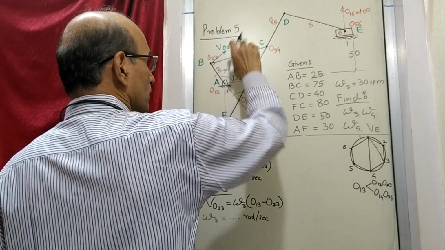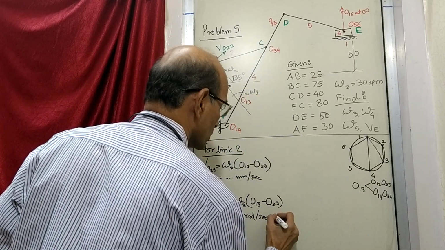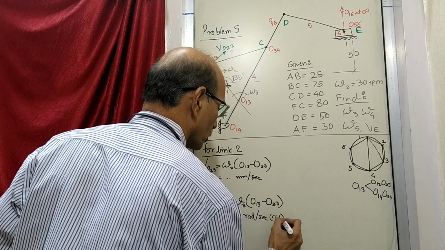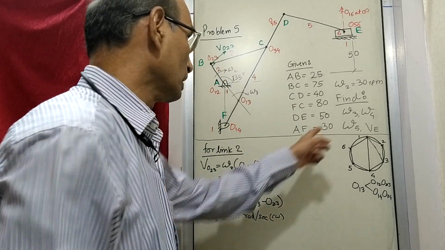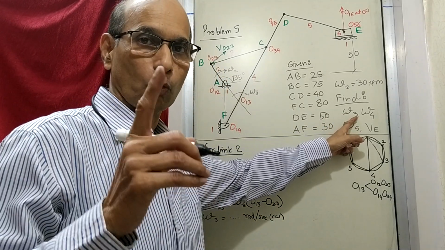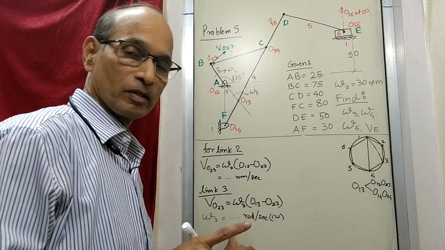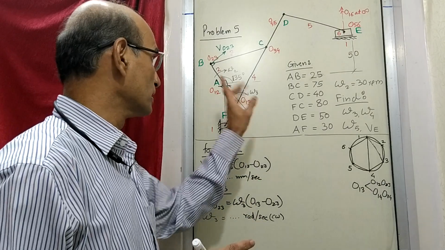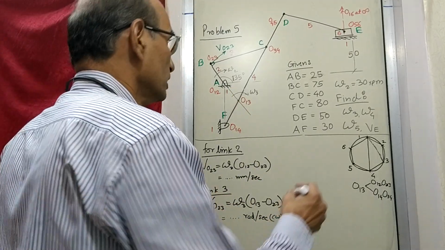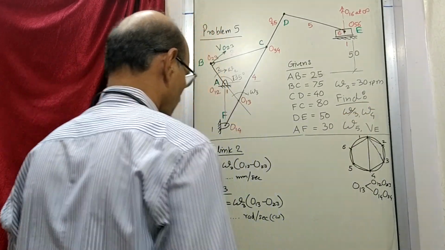One point is going there, so the angular velocity is like this, which is clockwise. So you have to write this. Please remember, for all angular velocities, the answer is complete only when you write the direction also, not just the magnitude. So this is the direction, and we got omega 3 as what was asked.